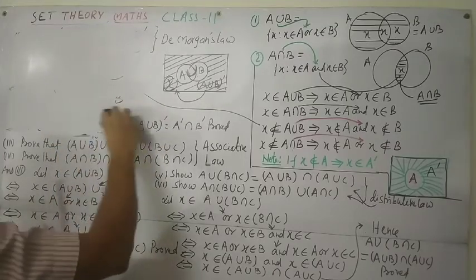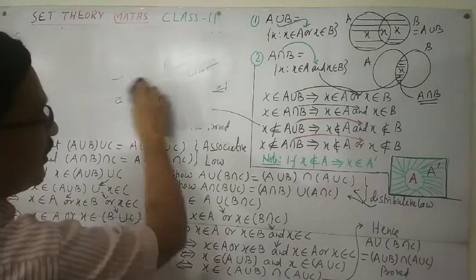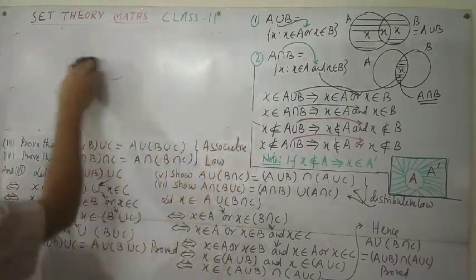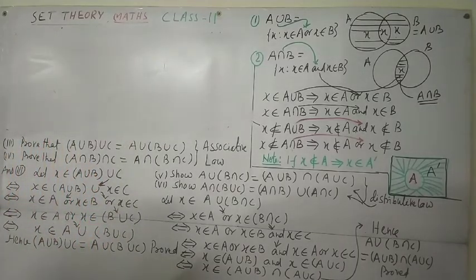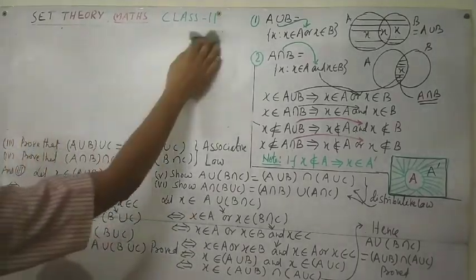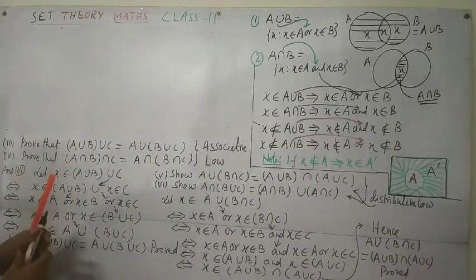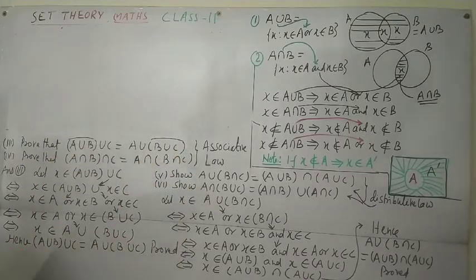Now third and fourth both are equivalent. This is called associative law. Just see the associative law, how it is done. This is very easy. In the associative law the brackets can be exchanged. See the position of the bracket: the first two and the last two, it can easily be answered.